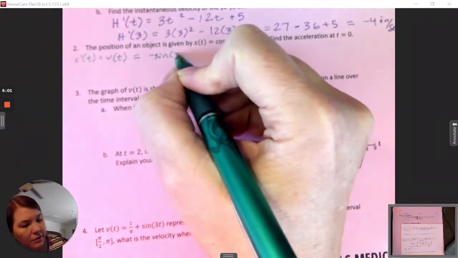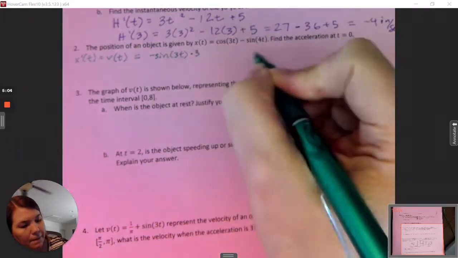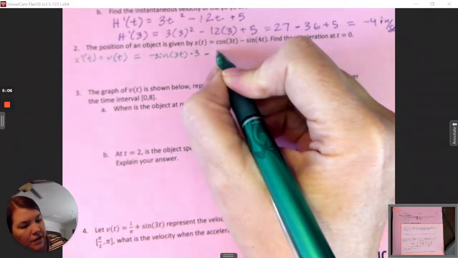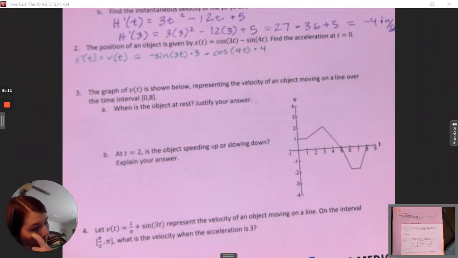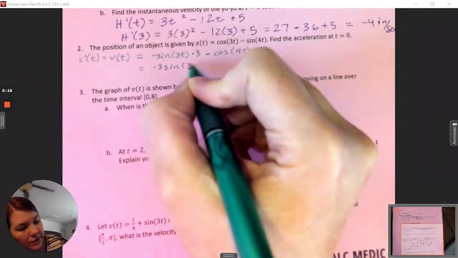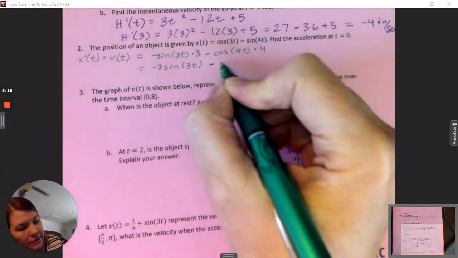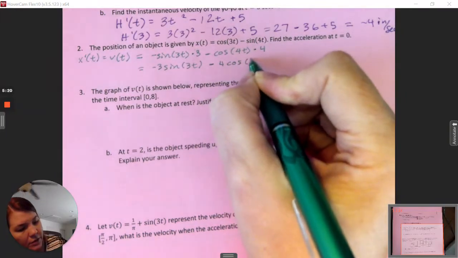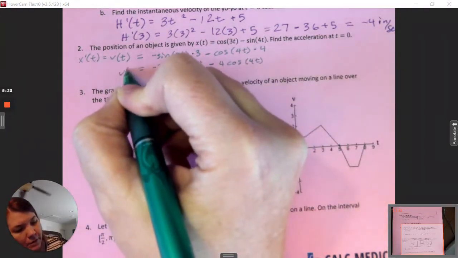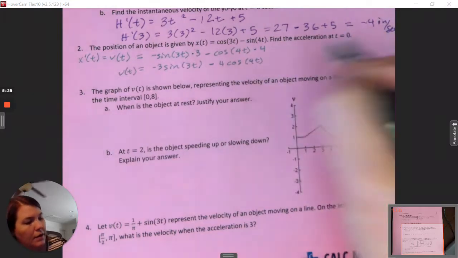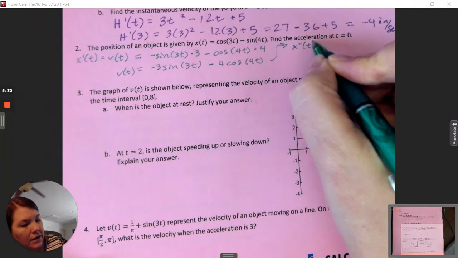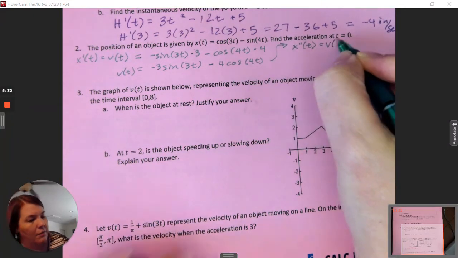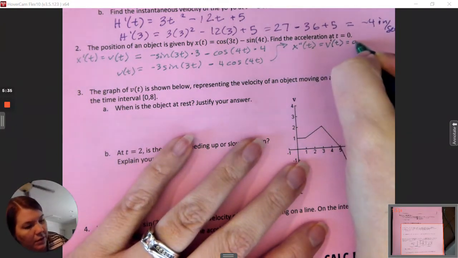negative sine of 3t times the inside, minus the derivative of sine is cosine of 4t times the inside, which, cleaning up just a little bit, we get negative 3 sine of 3t minus 4 cosine of 4t is my velocity. And then continuing, x double prime of t, which is equal to v prime of t, which is equal to a of t,